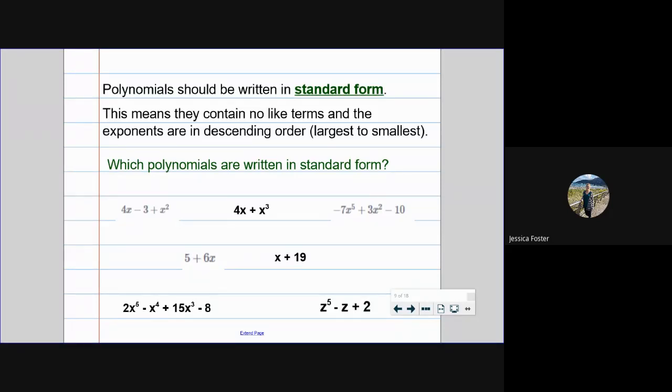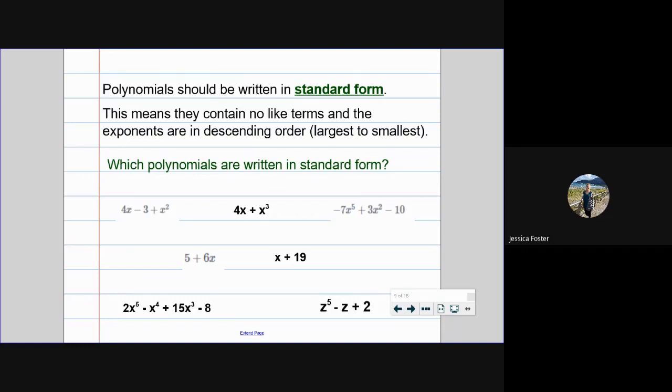All right, one thing we still need to talk about from yesterday. Yesterday, we talked a lot about polynomials and we talked about naming polynomials. We named them based off of their degree and their number of terms. We're going to continue using that today, but we're also going to start talking about how to write polynomials in